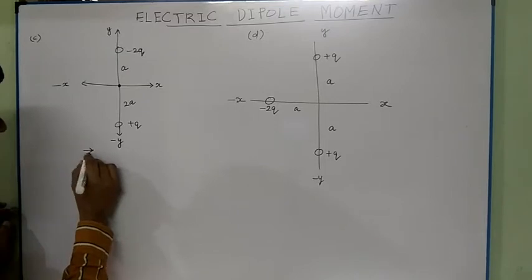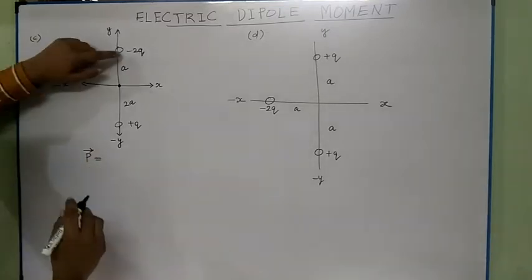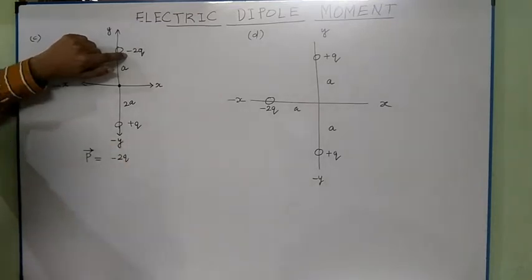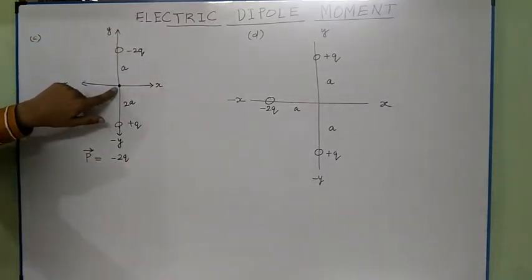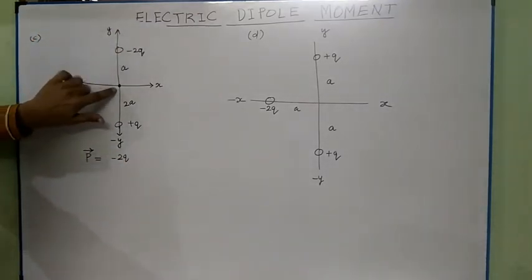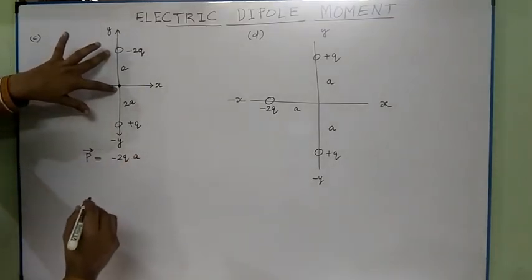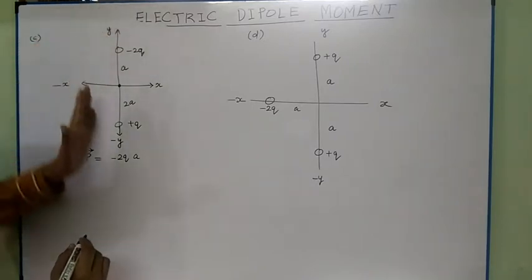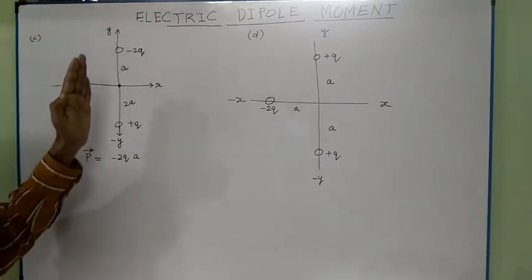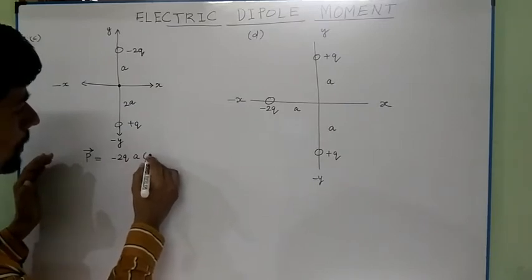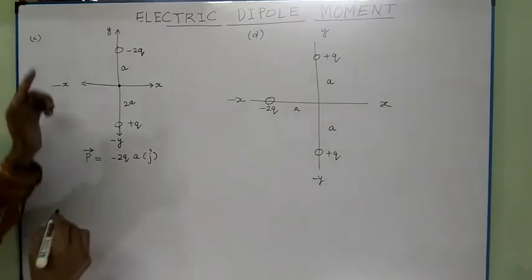P vector is equal to, see what is the first case, minus 2q and what is the position vector or the distance from the origin, a, and what is the unit vector, it is along positive y axis. So since it is acting positive y axis, we can represent it by j cap. Next is